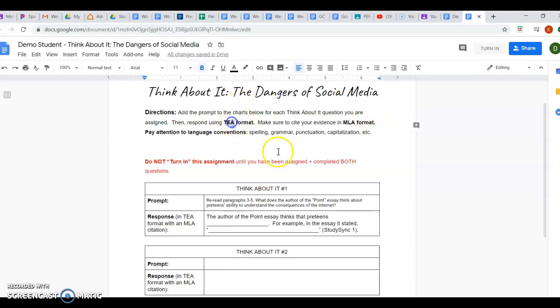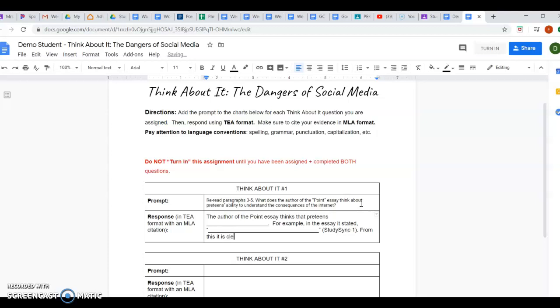You're not done yet. You still need to do your analysis. Easy ways to start analysis: from this, it's clear that, clearly, obviously, therefore. Let's go with from this, it is clear that. Explain in your own words. What is this evidence really saying? How is it proving what you set up here? I've told you before, this is your so what sentence. Someone reads your evidence and they're like, so what? What are you talking about? Explain further here in your analysis.